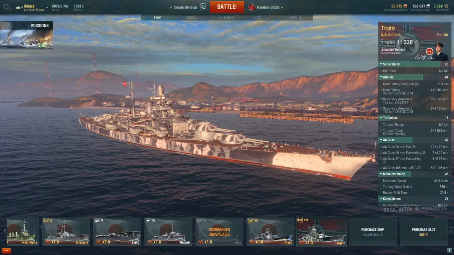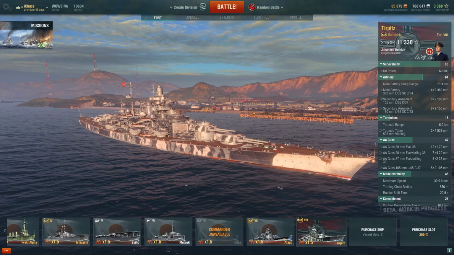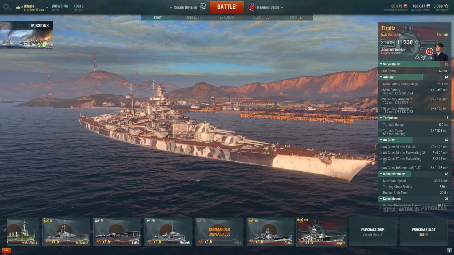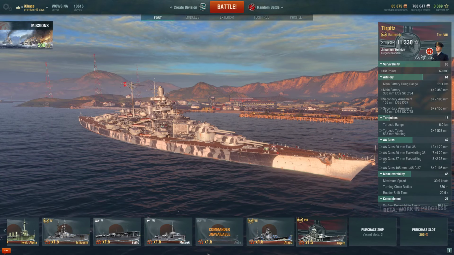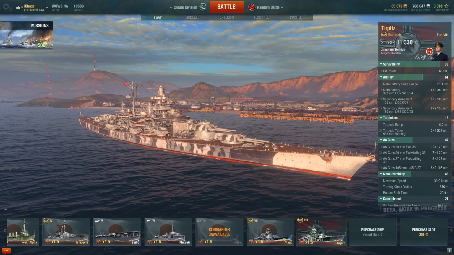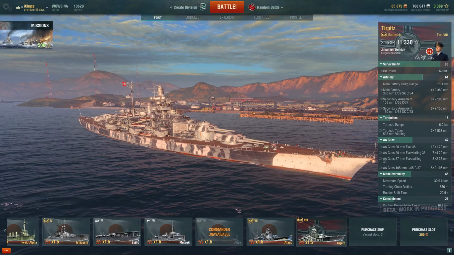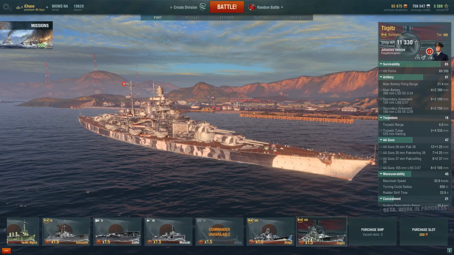In terms of survivability, I found the Tirpitz to be a very good battleship. First of all, its HP pool is quite large at 69,300. This gives the Tirpitz more HP than both the fully upgraded North Carolina and the fully upgraded Amagi. Although when you compare it to the stock hulls for the North Carolina and Amagi, then the Tirpitz has substantially